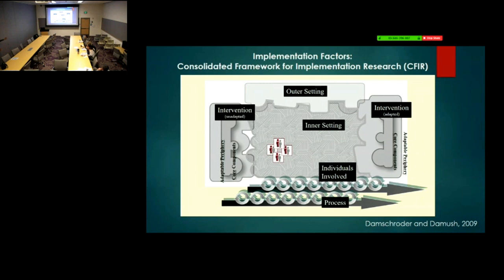Here's an example of one that helps you look at what implementation factors might be influencing what's going on. This particular one is really popular. It's called the Consolidated Framework for Implementation Research, pronounced CFR. What CFR does is help you think about all the different buckets of places that can creep in and make your implementation not work. One of those places is the outer setting. There's no way to pay for this. That could affect your implementation, right?